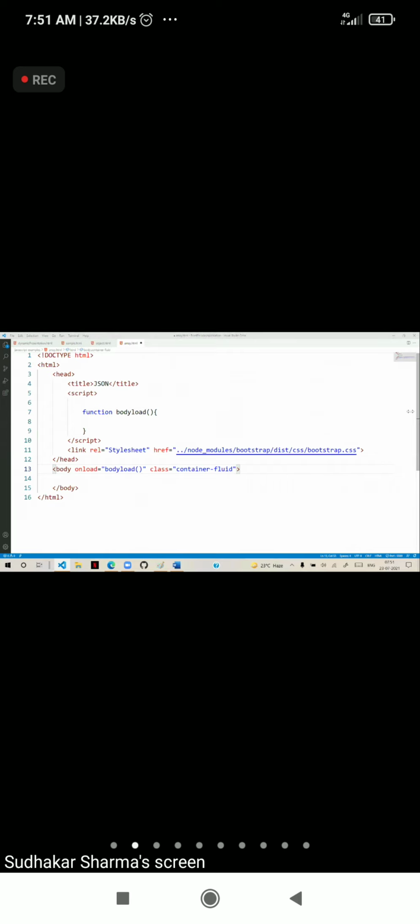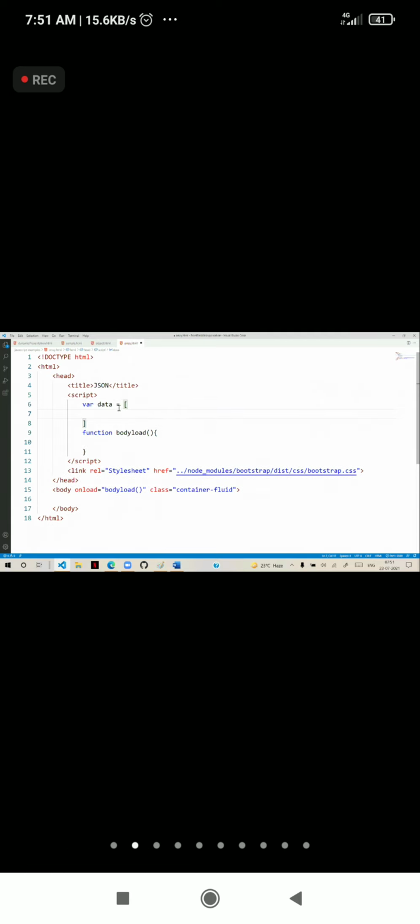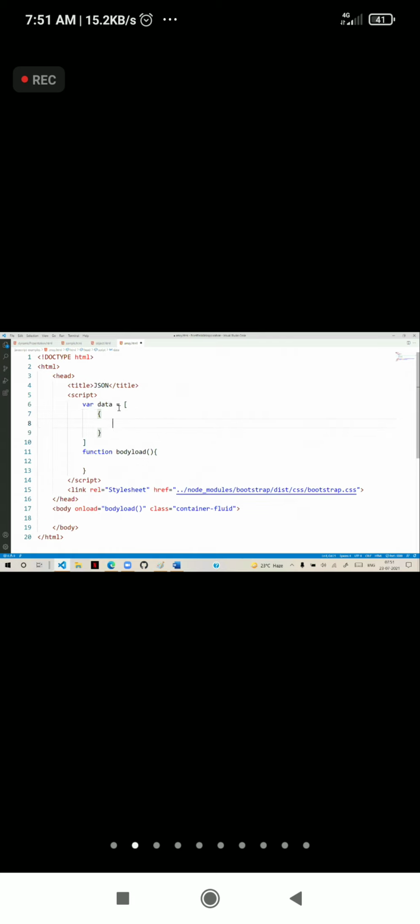Now in this first step, suppose we have some data like this. So let's say data, and in this we have an array. In the array, we have an object. In that object, we have category. Category is like electronics.